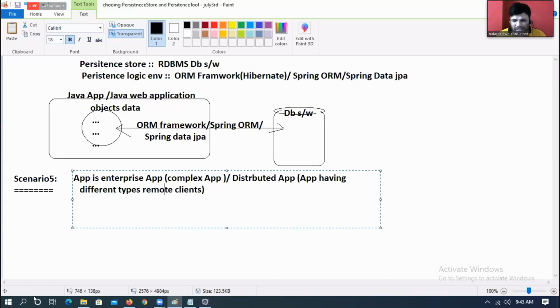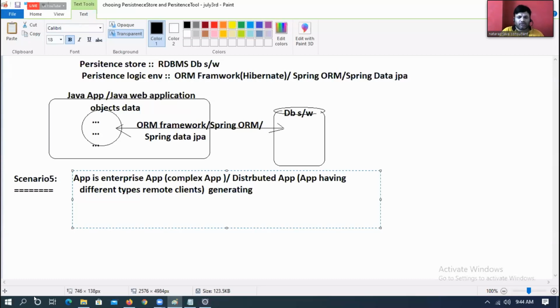With Amazon, we can do shopping through a mobile application, iPhone or Android, or from the website, and let us assume IVR is also there. Flipkart.com I can call a distributed application or enterprise application.